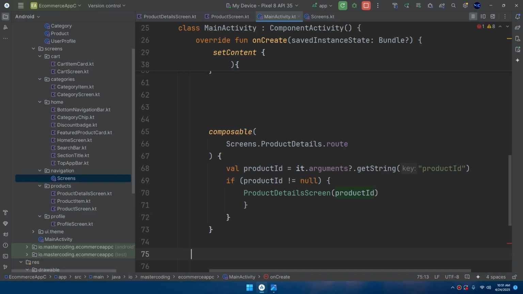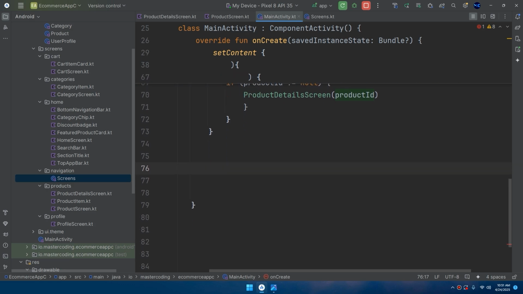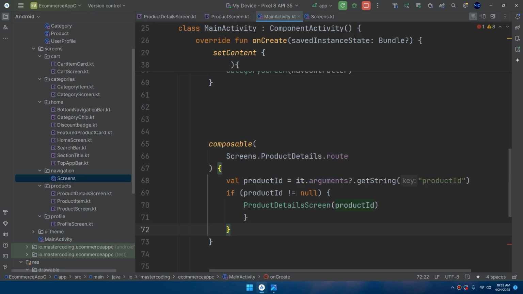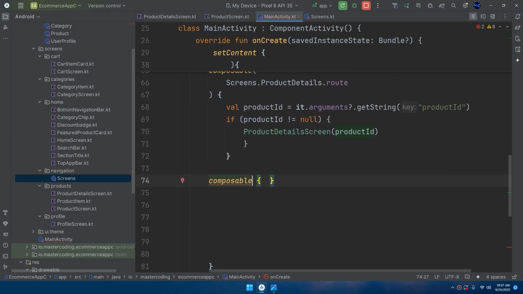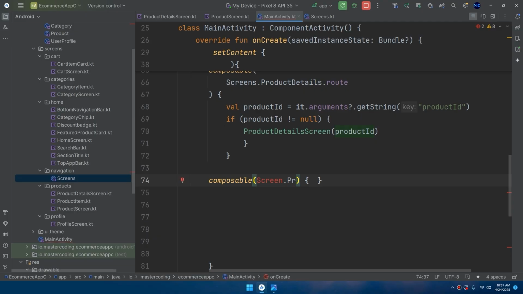This way, when you have arguments, you should create the route like this and the composable in the nav host like this. Then, new composable. This is for the product screen. So here, create screen. We created the product list, which is the product screen. So here, product list.route,